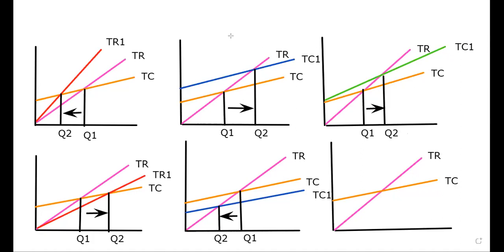What happened to the break-even when variable cost decreases? Right? When variable cost decreases, the total cost curve will be flatter, more flatter, like this drawing. The steepness will decrease. The TC becomes more flat. So I'm naming this new TC curve as total cost 1. Right? So now you can see this is the previous one and this is the new one.